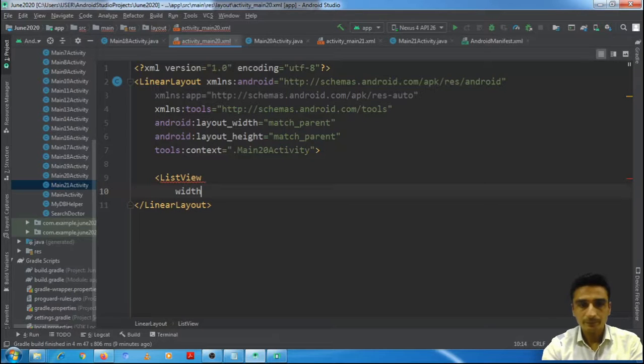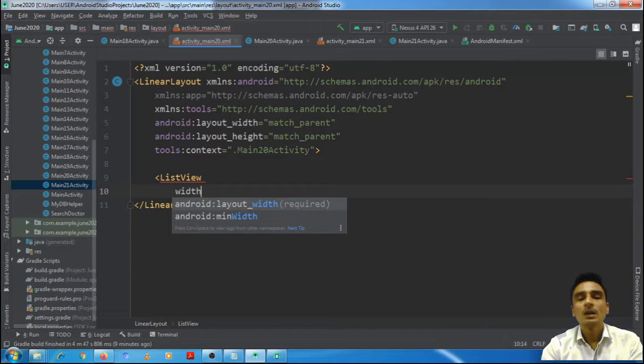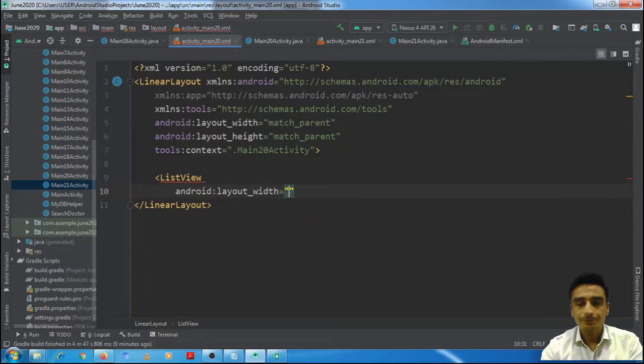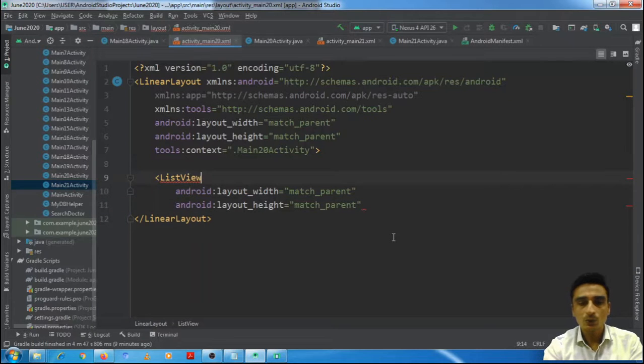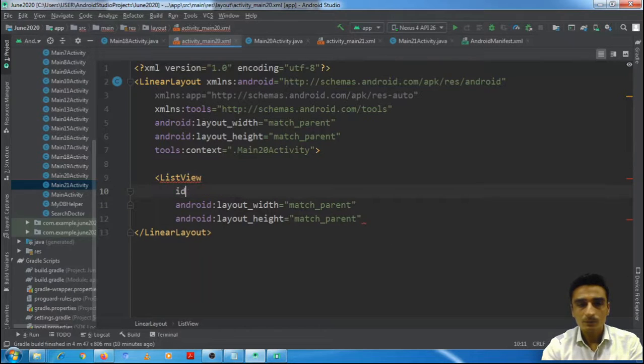Width and height will be set as match parent. I would also give an ID to this list view, contact list.